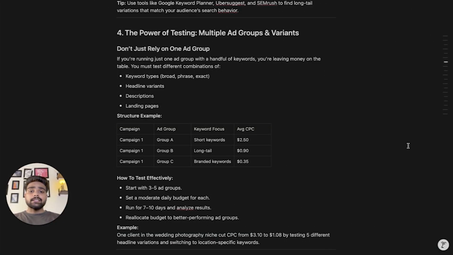Now coming to the next point that we can actually control and optimize, which is basically testing. I have talked to multiple agency owners, multiple experts who believe that whenever you are starting a new account, you should start with only one ad, only one campaign, so as not to confuse the Google algorithm. And I find it weird, to be honest. The strategy we follow and scale our clients with is basically to test as much as possible. Whenever you are getting into a new account, or you are getting into an account that has already been running ads, you have